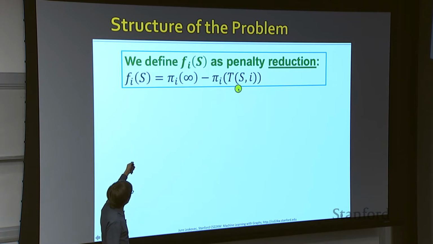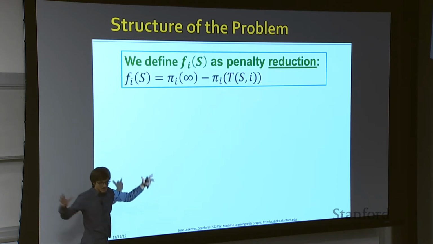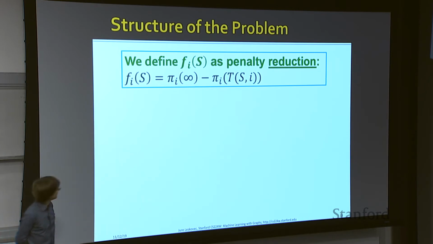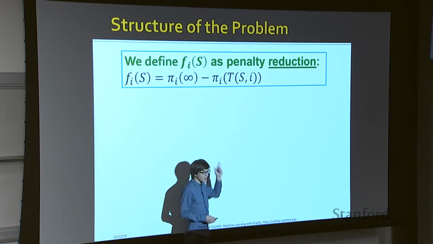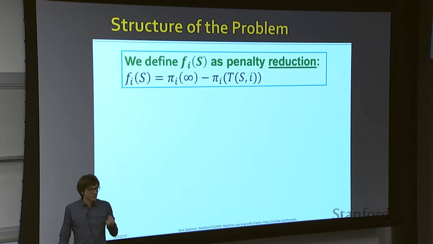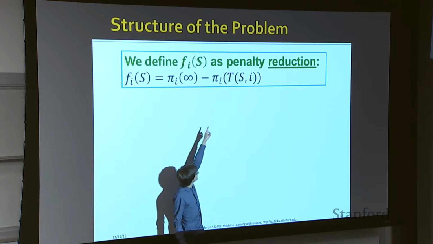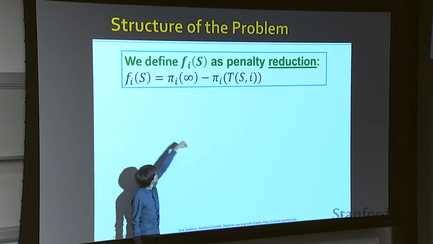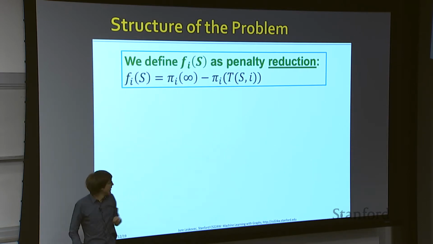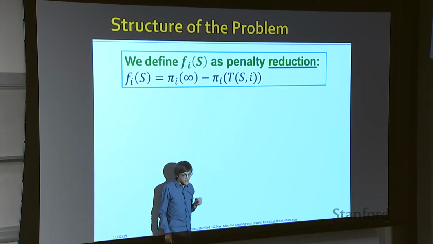And capital T of sensor placement S for outbreak I is the time when this got detected. And now this is the penalty for detecting at that time, and basically the reduction in penalty is the penalty for not detecting minus the penalty for detecting. Okay? And we'll try to maximize the reduction of penalty. The reason why we formulate this way is because now we will be able to prove that f is submodular. Maximizing or minimizing pi would not be submodular, but maximizing f is a submodular